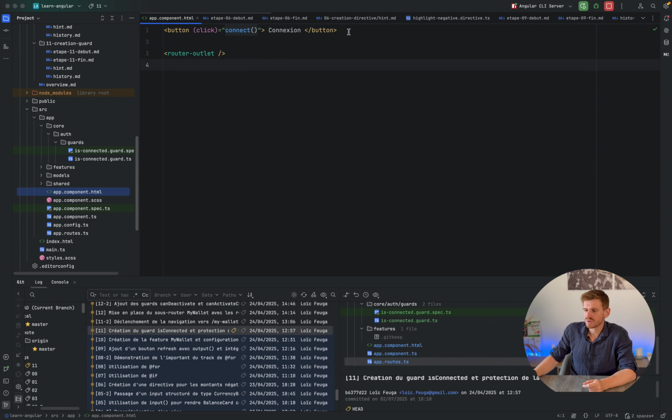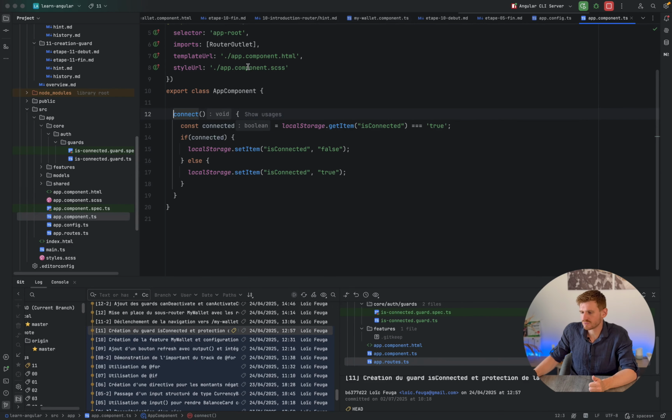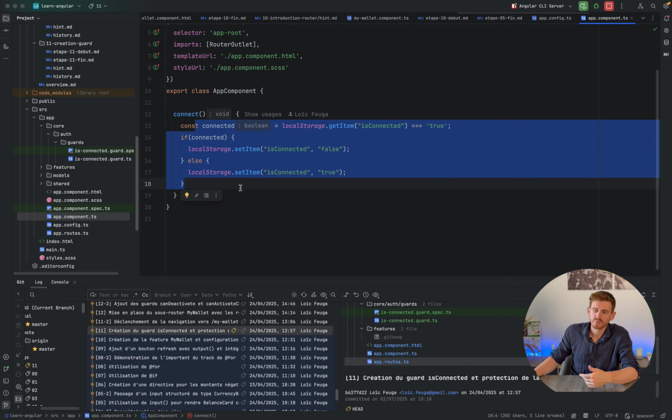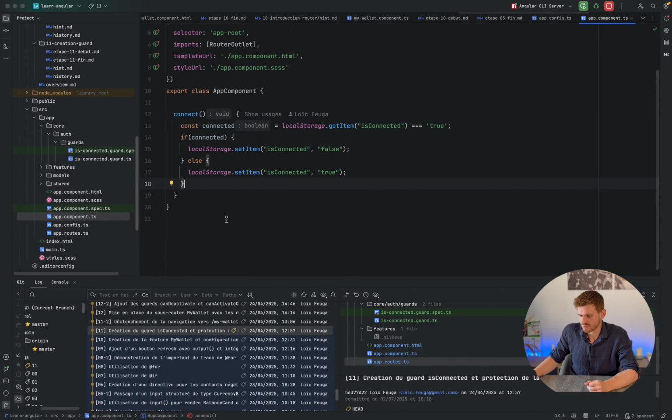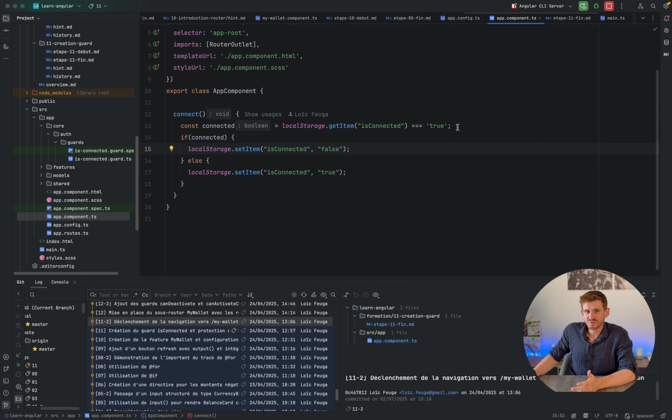On the app component, something quite simple, just a basic button that uses the click event to capture the user's click and triggers a TypeScript function when I click on it. I retrieve the current value of isConnected from local storage, get item, and I basically toggle it. That is, if it was true, I set it to false, and if it was false, I set it to true. So we have this system that connects and disconnects. There were several ways to do it, not necessarily the best one, but that was the idea. So that wraps up step 11, and now we can move on to step 11-2,